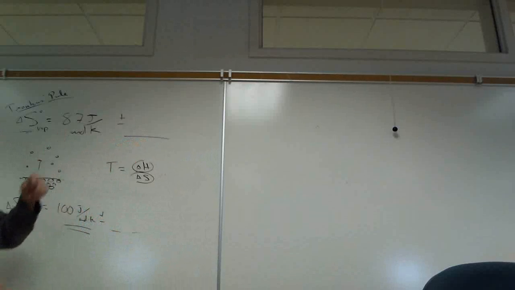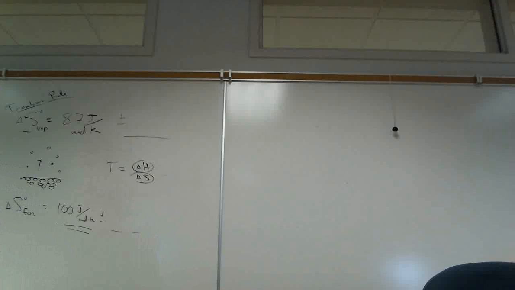It's too big of a spread to make it very worthwhile. Troughton's rule would only really be worth using if you don't have access to the actual value of delta S. But then you probably wouldn't have access to the actual value of delta H either. So in a way, it's kind of worthless, unless you have an unknown or a mixture. If you have a mixture, but still,